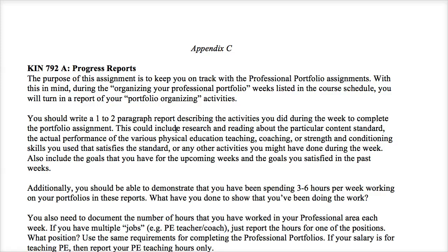I want you to describe to me all the things that you've done in the first 2 weeks to complete your professional portfolio. Like I have down here where it says additionally, you need to demonstrate to me in these progress reports that you are spending about 3 to 6 hours per week working on your professional portfolio. So that's the first paragraph. What activities have you done to complete your professional portfolio? I can be reading, I can be writing, I can be actually writing your